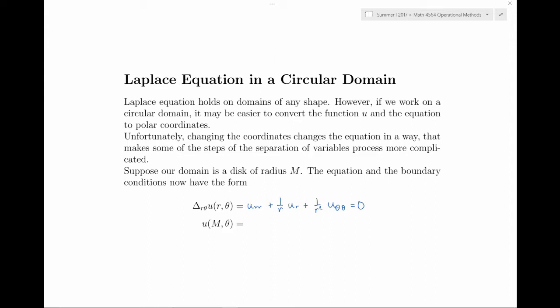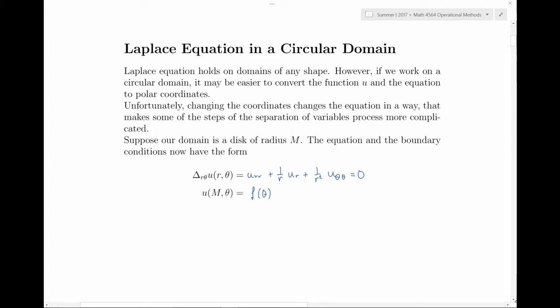at them. The Laplace equation needs boundary conditions, and since the boundary is just a circular boundary around the disk, there's only one boundary condition. If the disk is of radius m, then at the radius m for any angle theta, u should be equal to some function of theta. Since we're working in a circular domain, we do expect that the function u and the function f of theta are both 2π periodic